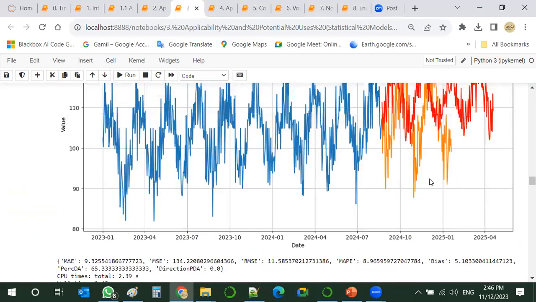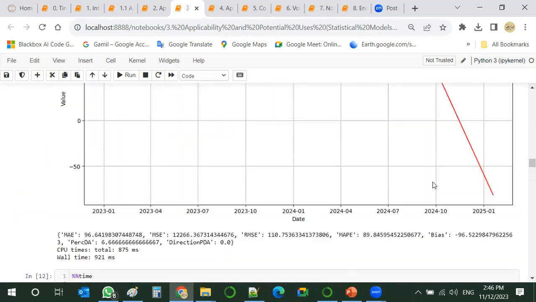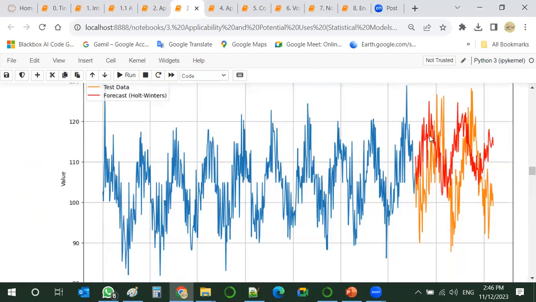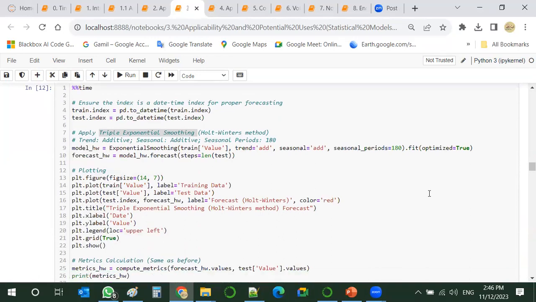But if we see here, you can see this forecast predictions are shifted. So this point should be here actually. And this is an exercise I'll leave to you.